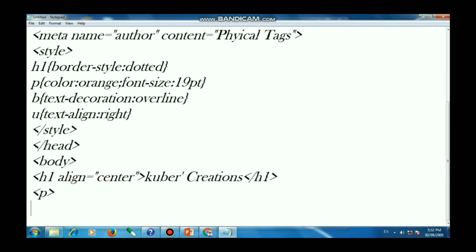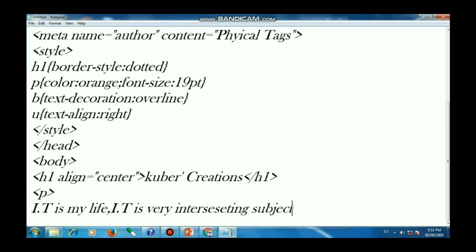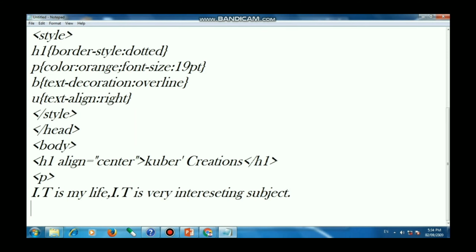Then use the p tag, and below you write some thoughts. This is optional. I am here giving: IT is my life, IT is a very interesting subject. On the next step, I am writing: work hard, achieve more. Again, this is optional, guys.